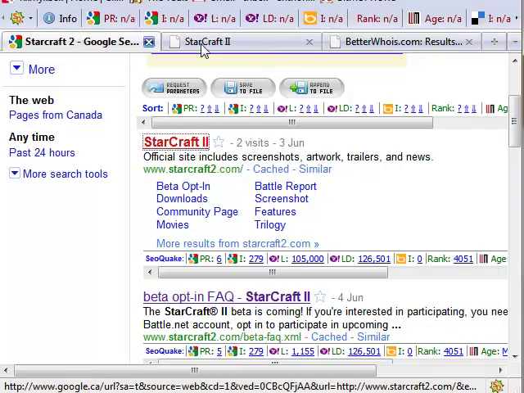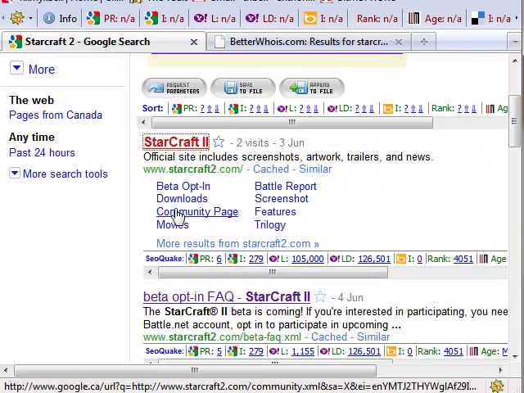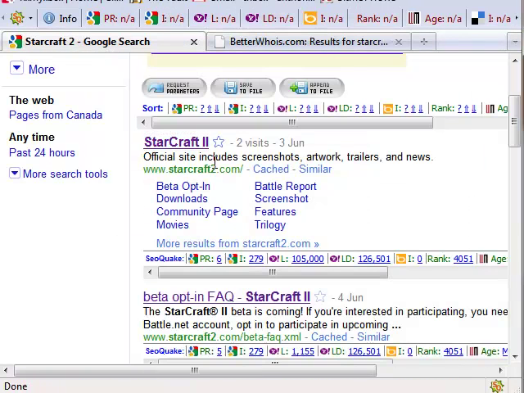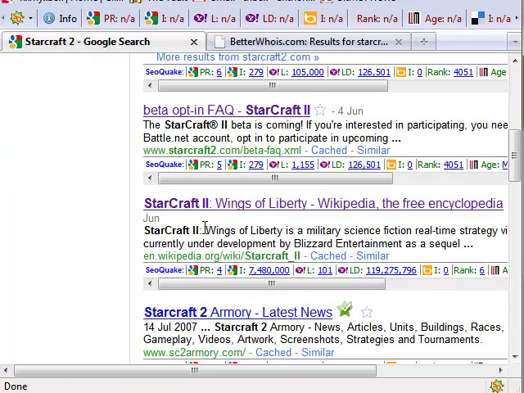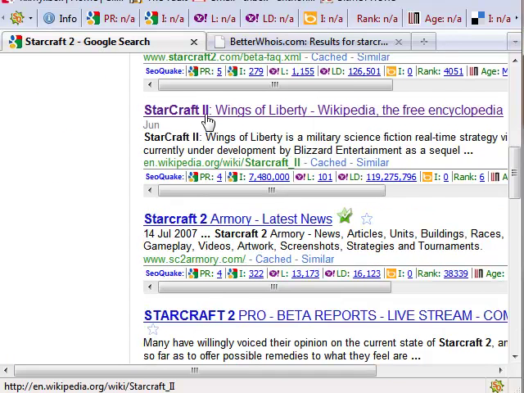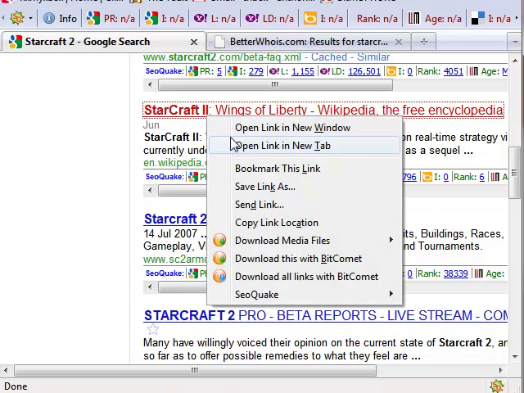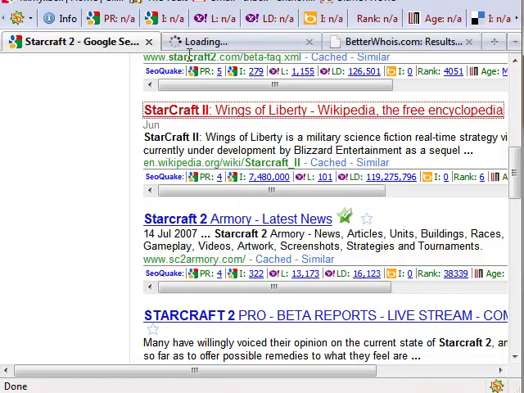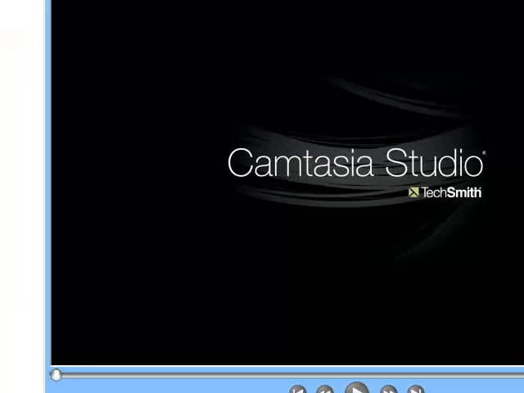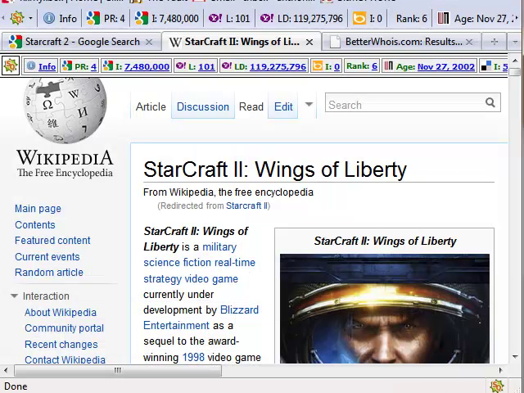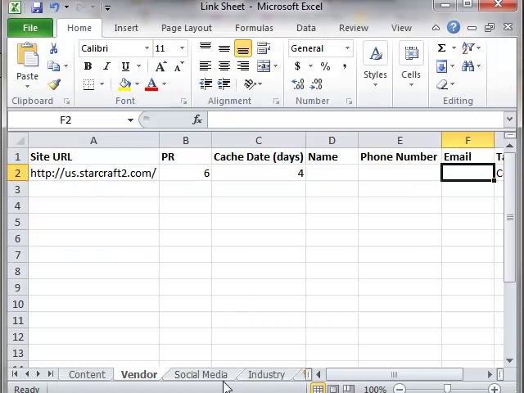Let's go back to the Google search page. So we've just gone through, we've picked up the data. Now we're going to look at the next site. This is still the same site, so I'm going to skip that one. All right, so now we've got Wikipedia. So this is where again, it's going to be a little different for a Wikipedia site. So we just take the information. If it's a Wikipedia site, you go to here, and this is